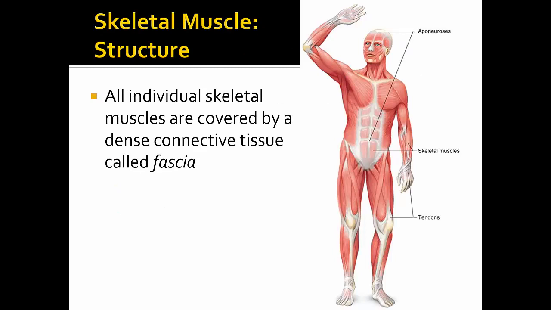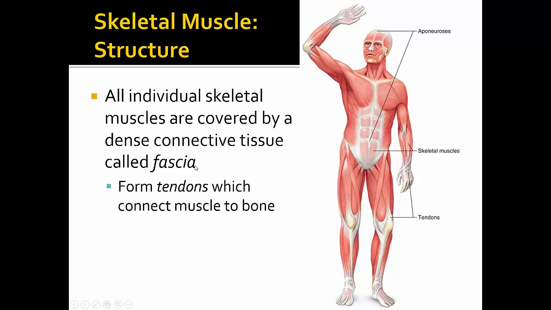So we're going to get into now a detailed description of the skeletal muscle structure. You start by talking about the layer of connective tissue called fascia that surrounds all of the skeletal muscles. Every skeletal muscle is covered by a dense connective tissue called fascia. The fascia at the ends of the skeletal muscles forms tendons, which connect the muscle to bones. So you can see lots of tendons here connecting these quadriceps down to the patella or down to the bones